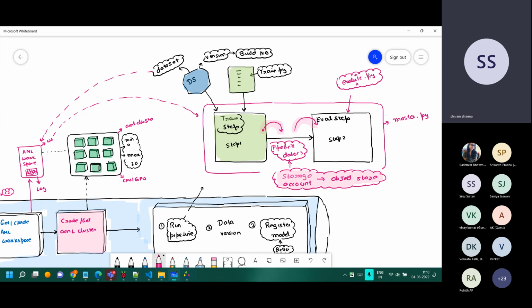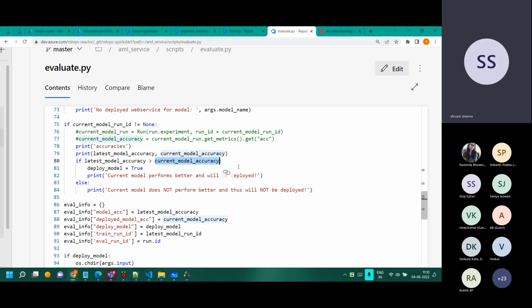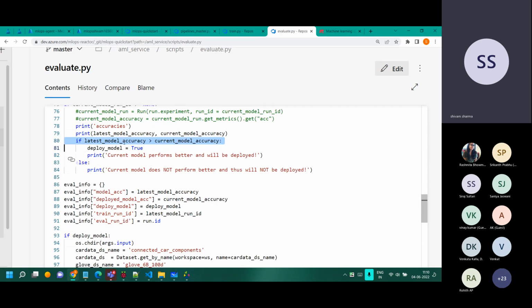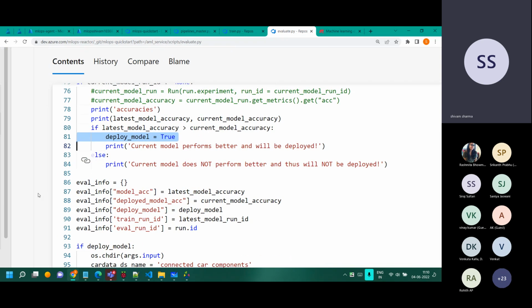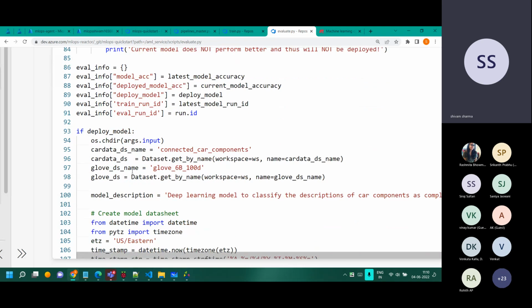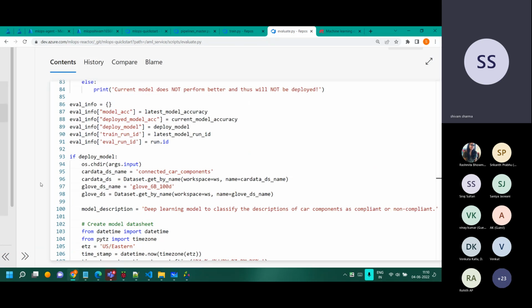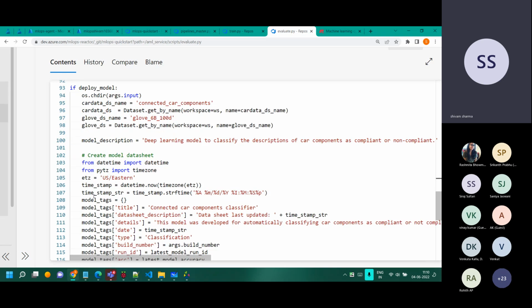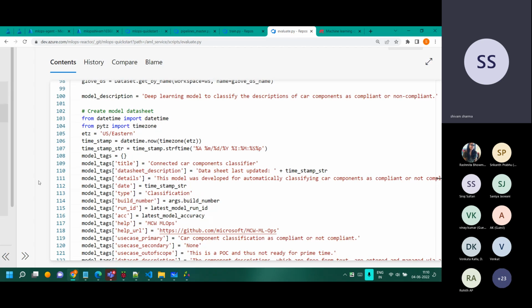Let me just put evaluate over there. Now, if it is outperforming, then set deployment to true. Otherwise, don't deploy as such. Okay. Now, just deploying is not enough. When you deploy it, or let's say when you save it to be deployed further, we would also need some information about what we have done along with the model. This is what we call the metadata of the model, the model metadata.